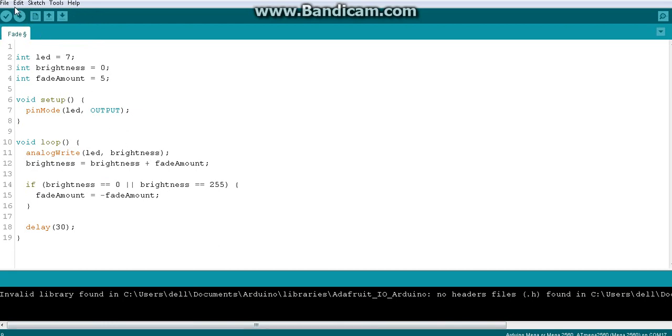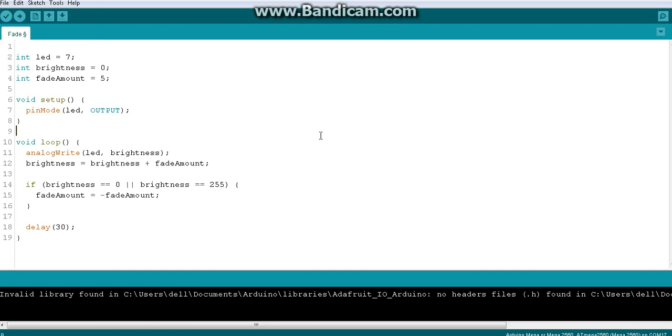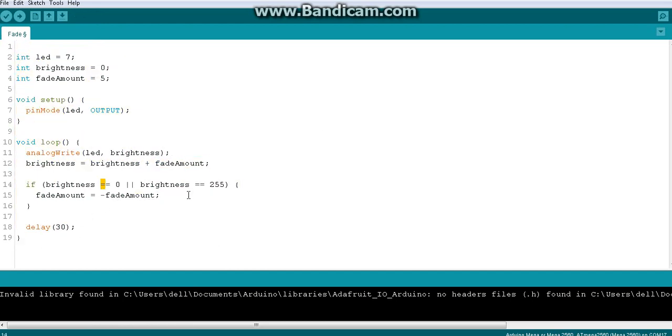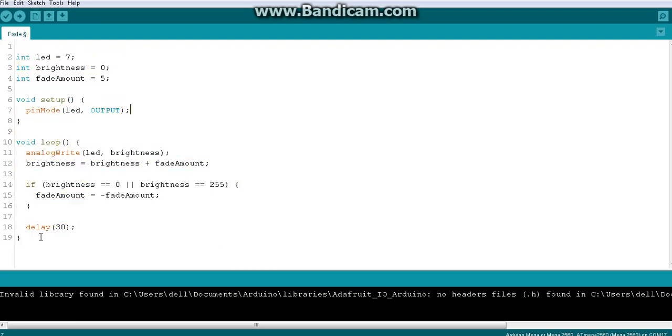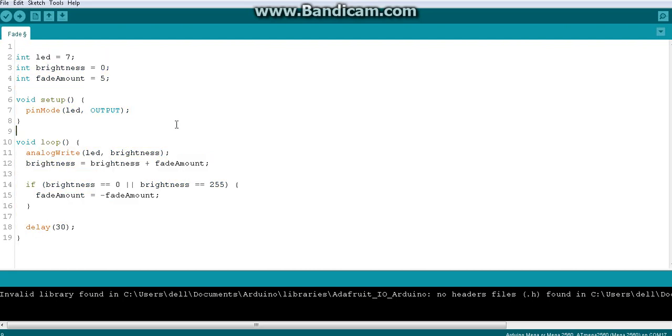So if you open this fade, okay guys, go here to examples and open this fade code, and you should see somewhat similar code to this. Almost similar code, but there are small differences. If you go see that, you will understand it, right? So I'm not getting into that again, because it is the same. You just go through that and try to understand what differences the fade example code has from this code that we have typed.